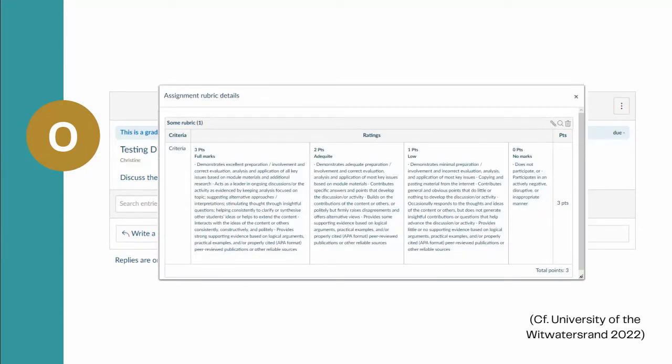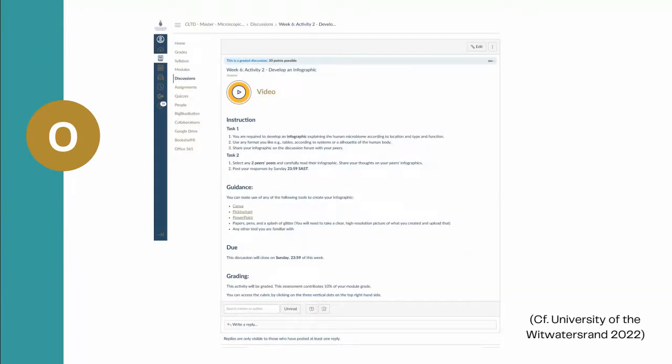So this is the rubric that we are sometimes given, and it is just like a wall of text. It's very difficult to read. And imagine if you have to navigate this with a screen reader device. The next example